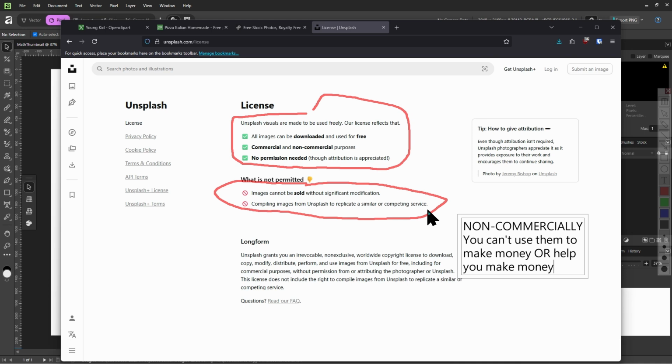In our case, a YouTube thumbnail, that's not a non-commercial usage because the video can gain money from AdSense in the future. So we cannot use any images we don't have permission to use commercially.